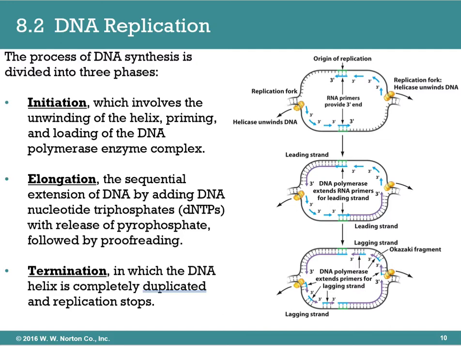And then during elongation, this is whenever the sequence of DNA is actually happening. So this is whenever we are adding on those base pairs to either side of the strand. And then there's termination. Termination is whenever all replication within that region is completed. That means that DNA polymerase has added all the necessary nucleotides, and replication is going to stop,